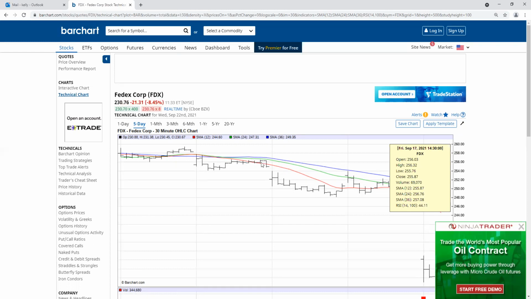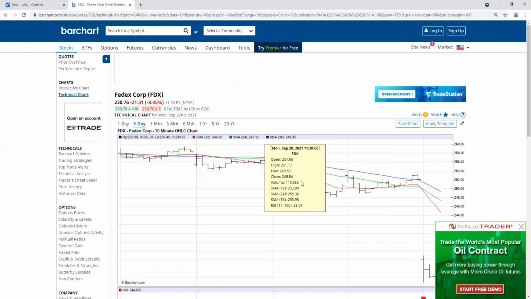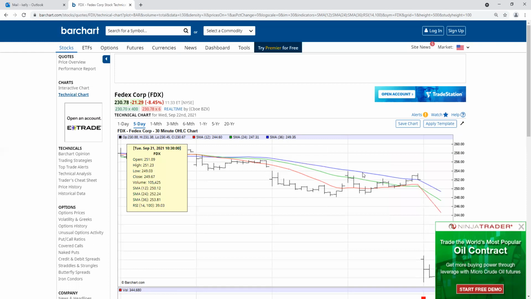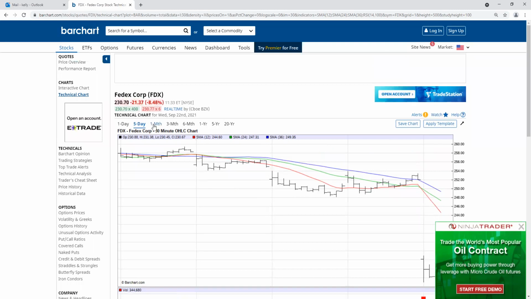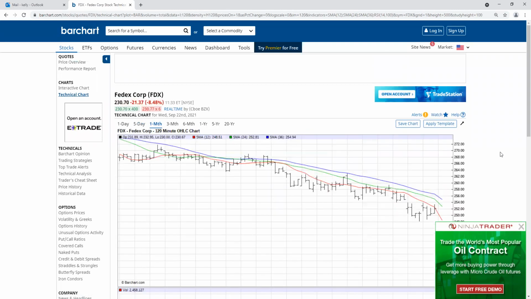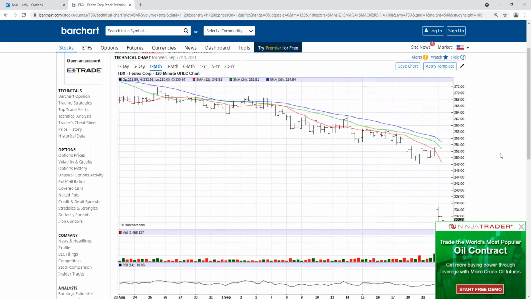The market is deteriorating. It peaked up here a little bit, just to probably run some stops and get some people out. And then what did they do? They tanked it. Let's look at the 1 month. That might even be smoother. Yeah, that's smoother. And this is a 1 month chart.